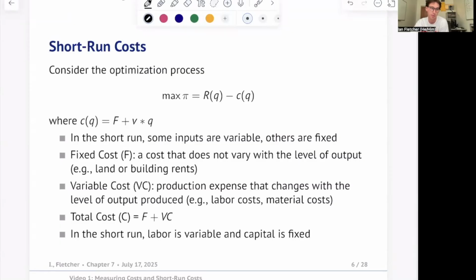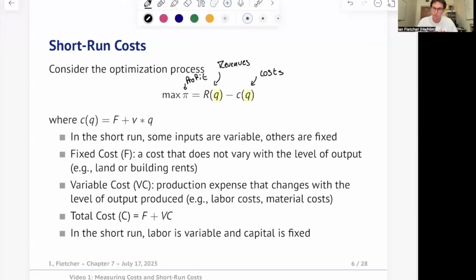And so we're going to consider this optimization process, and we're going to maximize profit. So this is still going to be profit. These are still going to be revenues, and these are still going to be costs. But now we have revenues and costs as a function of quantity output. And when we have revenues and costs as a function of quantity output, it lets us split up everything, right? And so we said that revenues beforehand were P times Q, and now our costs,